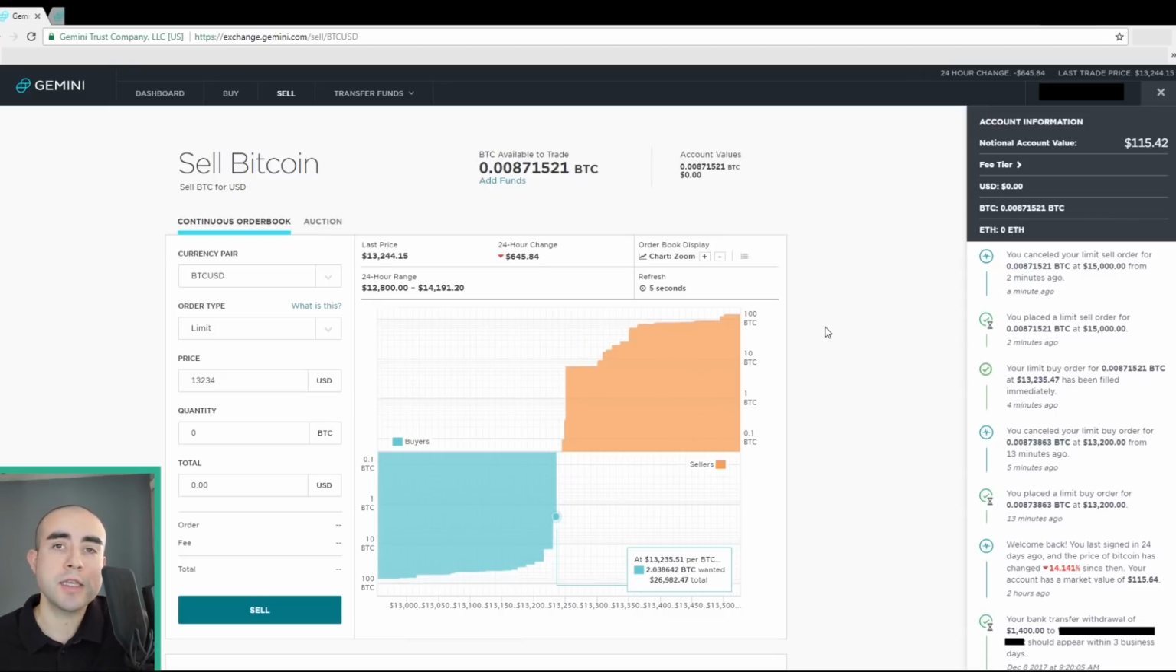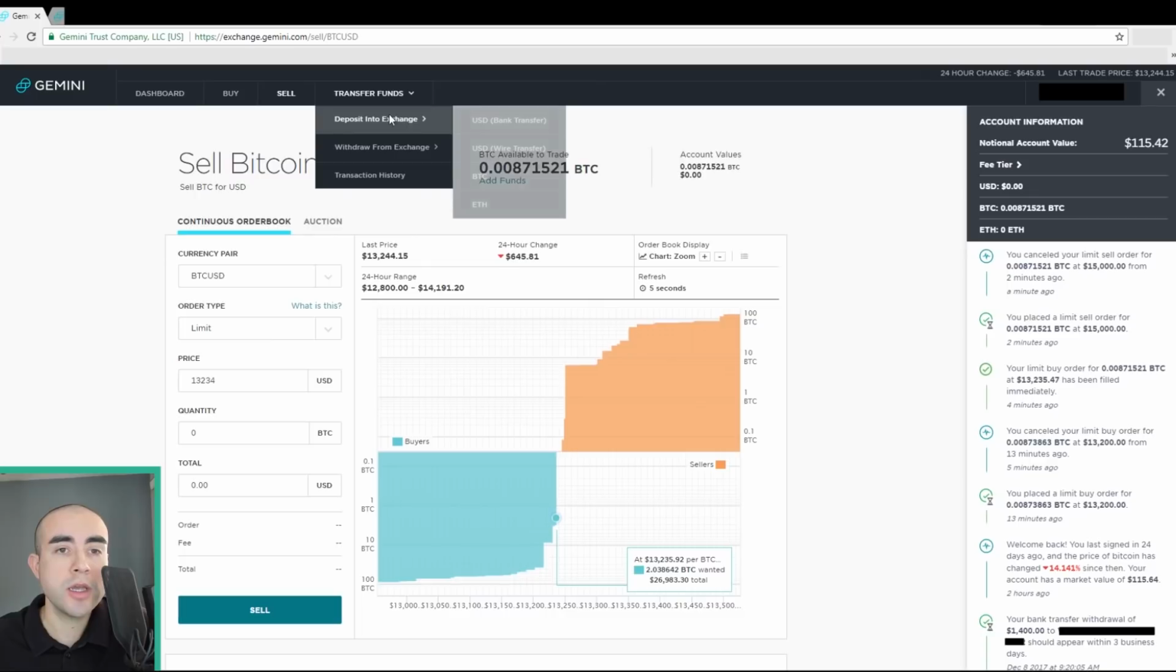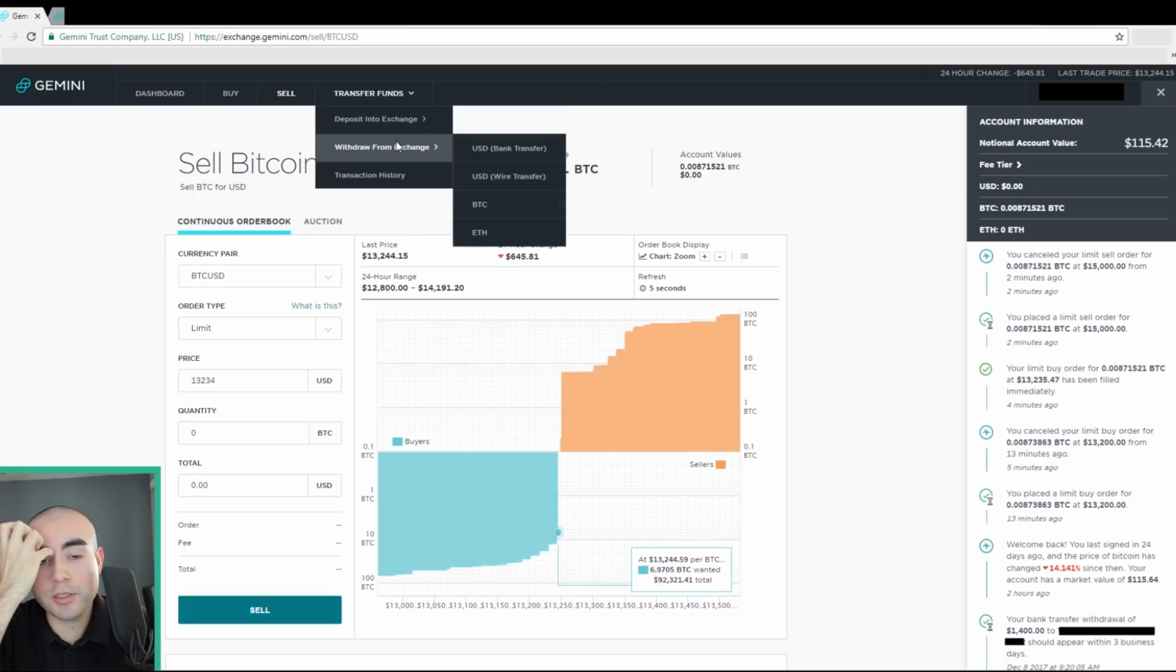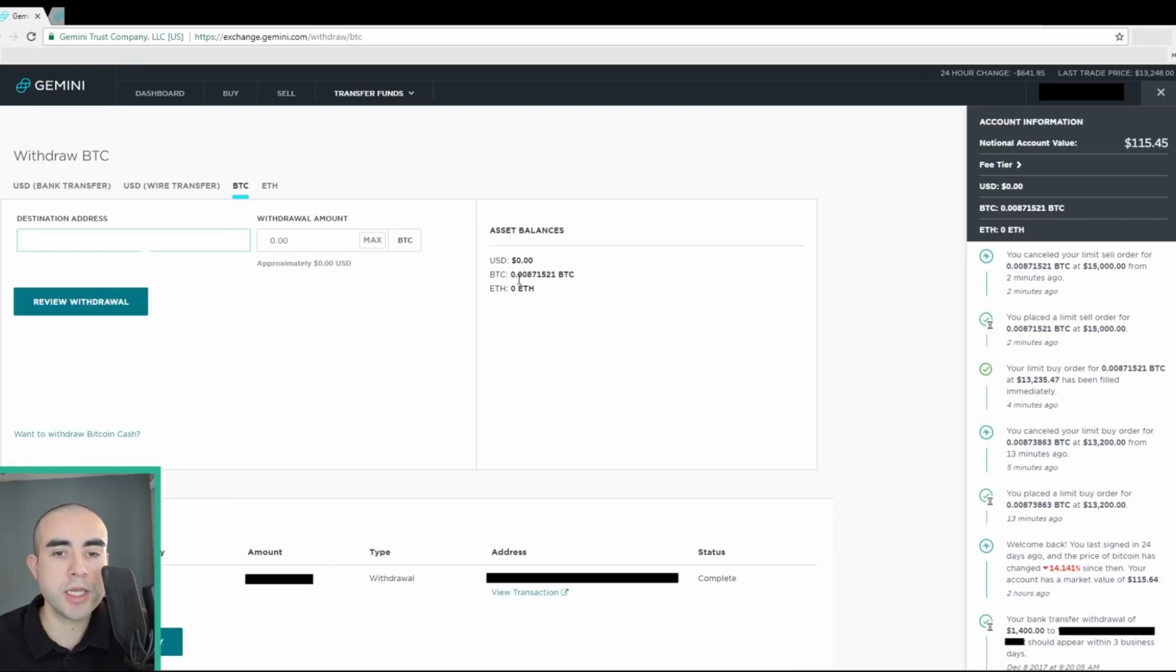And one last thing, guys, if you then want to transfer out your Bitcoin or Ethereum that you just bought on Gemini, it's very easy to do and free as well. So you would click on transfer funds, go into withdraw from exchange. And again, you could withdraw US dollars to your bank if you wanted to, or in my case, I want to withdraw this Bitcoin. I would click on Bitcoin right here because I currently have some Bitcoin in my Gemini account. You would paste in your wallet address from where you want to send this to. So if you want to send this to your Coinbase